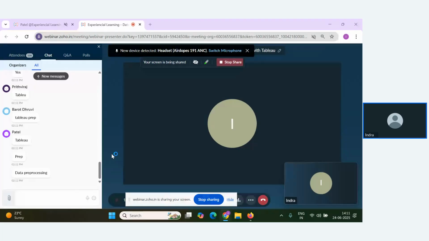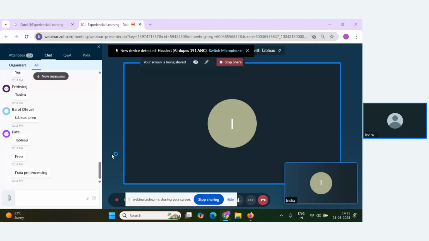Somebody is saying Tableau itself they have understood. Somebody is saying Tableau Prep. Somebody is saying data pre-processing. By the way, what we discussed in the last session,